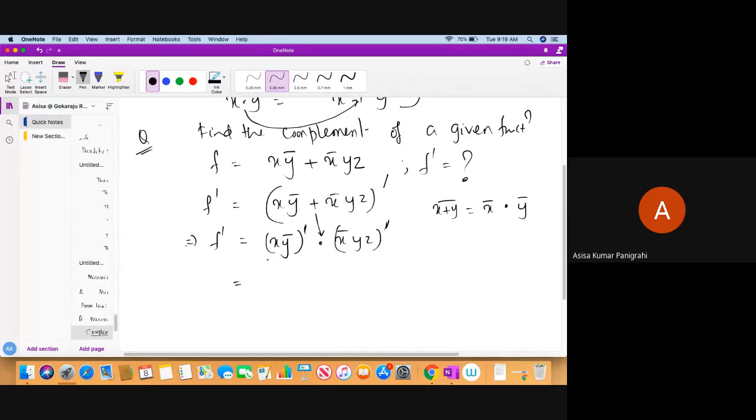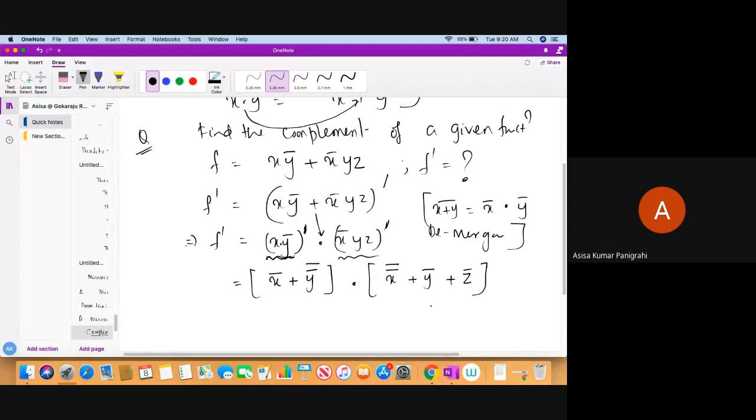Similarly, you can see here what I did, I have just applied De Morgan's law, this De Morgan's law here to change it this way. Then again, this is also a complete inverting. This is also a complete inverting. So what am I going to do over here? Again, I can apply De Morgan's theorem to this. So this will be x bar, break the bar and change the operator, it is dot. So I am just changing the operator to y bar. Similarly, I'll keep it as it is. Similarly here what I have done, x bar or y bar or z bar.